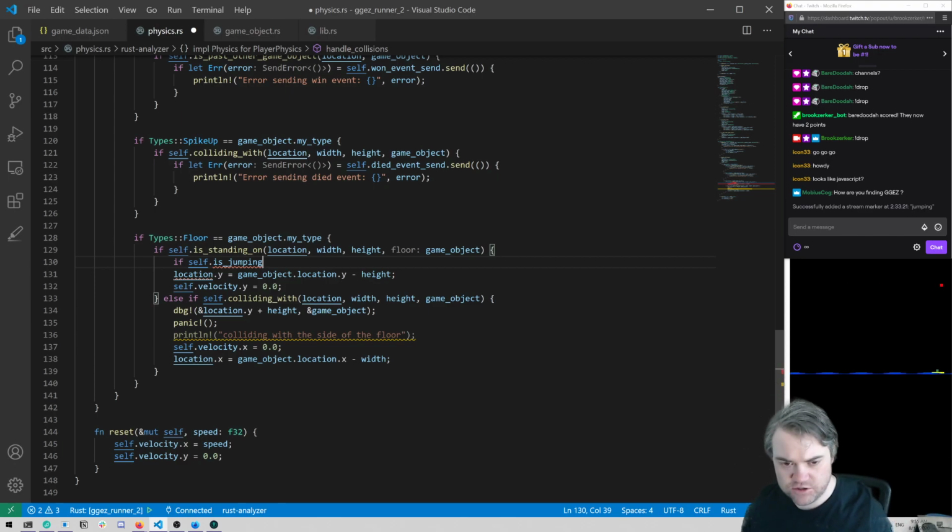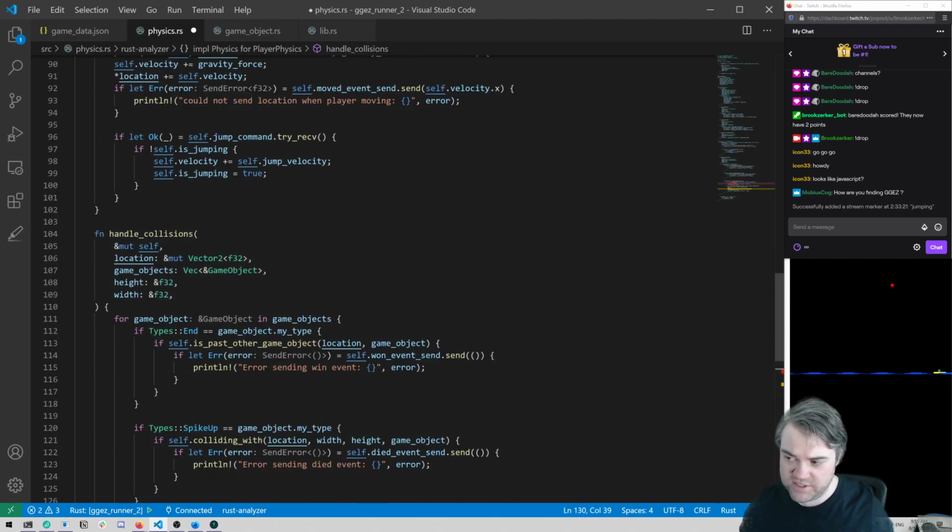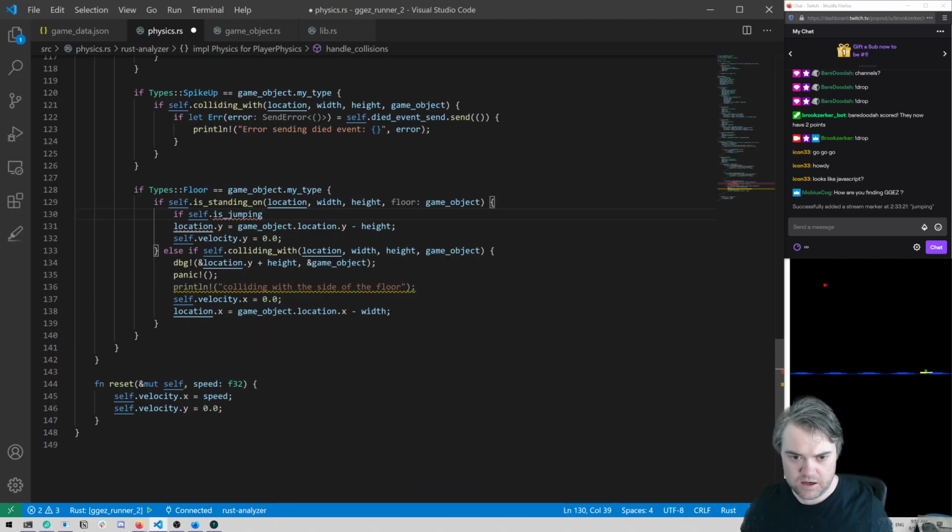Because then I can do some checks here. We can start jumping if we're standing. We can hit the ground if we're falling, or if we're standing. Is that right? I think that would be right. So basically if we're not jumping,